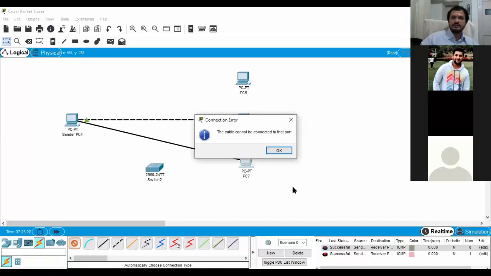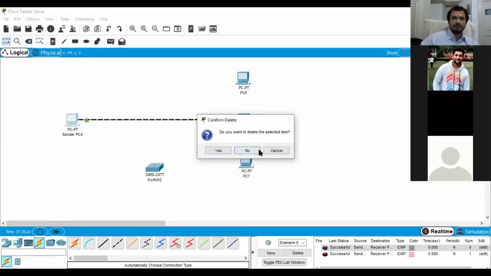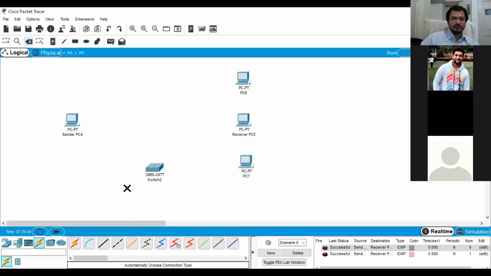Now if I want to communicate from PC4 to PC7, what I need is a channel. Now if I do that, you can see the cable cannot be connected to that port, since you remember that this device has only one interface where we can give only one IP. So if we want more than one PC to be connected, then only we need the concept of a switch. So that's why the concept of a switch comes in now.